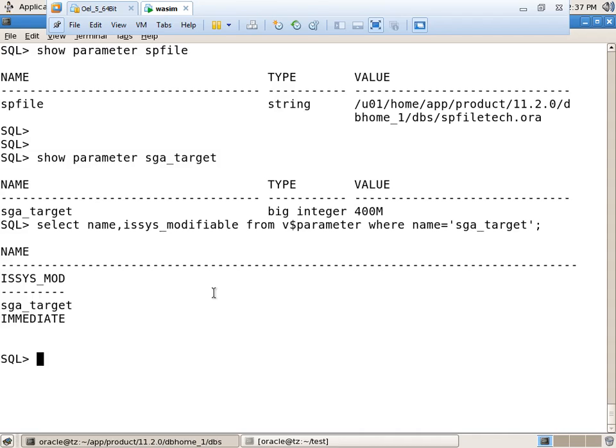See, immediate, dynamic, right? Here two scopes are there. Now do you want to change it only for the current instance or permanently? If only for the current instance, we can use scope memory. Okay, I will show three scopes.